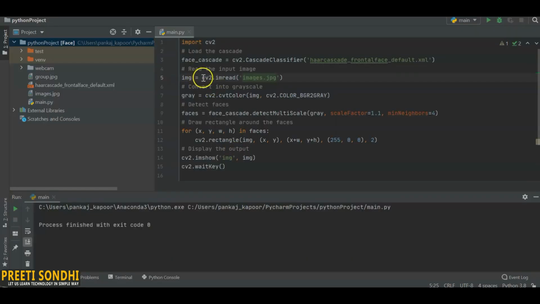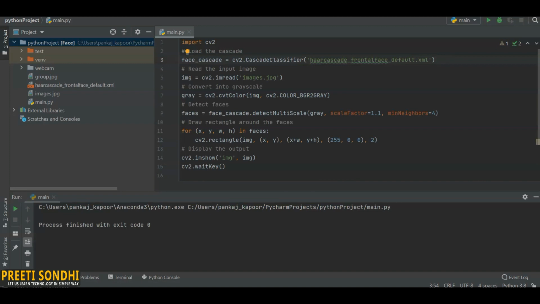And now let's start with face detection. Now you are clear with how we can read an image and how we can convert our image into grayscale. I don't think there is any need to explain this code again, but there are certain things that we have not explained earlier. The first thing is this: loading the cascade. Face detection using Haar cascades is a machine learning based approach where a cascade function is trained with a set of input data. OpenCV contains many pre-trained classifiers for faces, eyes, and many other things.